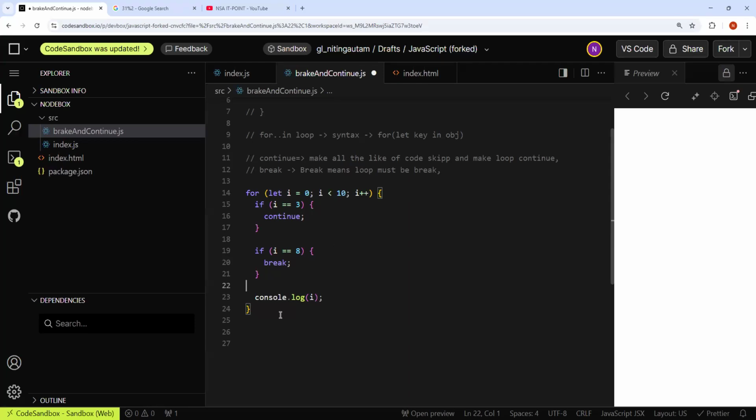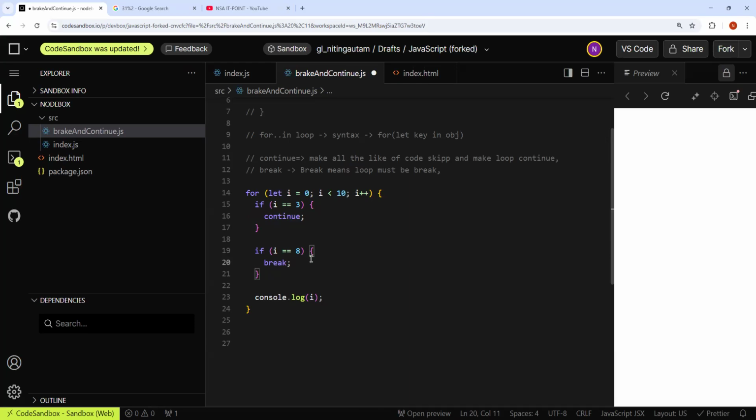Ideally, continue will, when i is equal to 3, get true, continue will get executed and ignore all of this. And when i equals 8, it's break here. Like the entire for loop gets terminated, or we can say, ये स्किप हो जाएगा कंटिन्यू की वजह से।